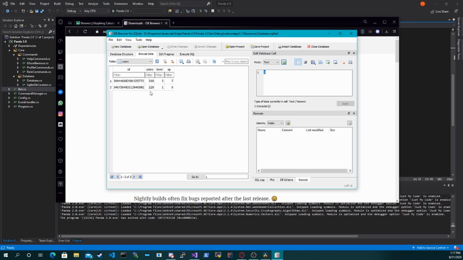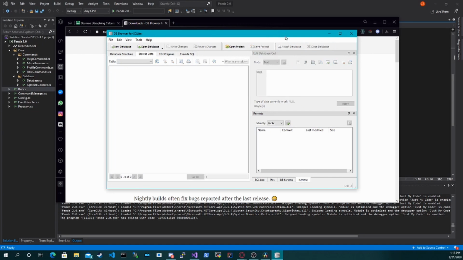Let me quickly do something, and this is going to be just 0. Okay, apply. Oh wait, that is wrong. We just want it to be like that. We just want 0. Okay, there we go. So when you do changes like this, I also want to change this as well. This is going to be 200. Apply here. When you make changes like this, make sure you hit write changes